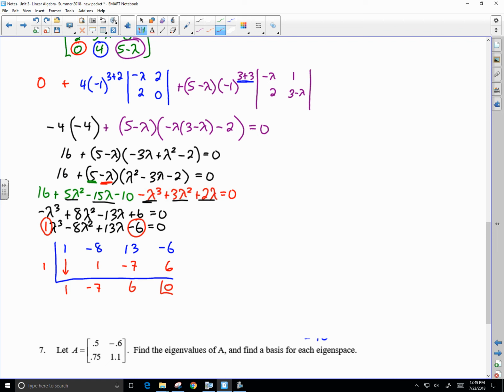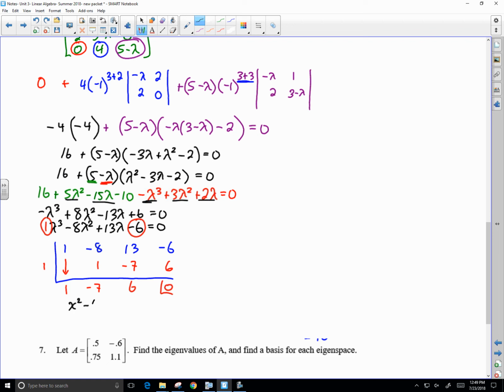Oh, and also general knowledge of cubic functions, because cubic functions always cross the x-axis. It's just a question of, will it be a rational solution? This is the rational root theorem. So if the answer is a radical, it's not going to show up using this. So that's fun. Anyway,